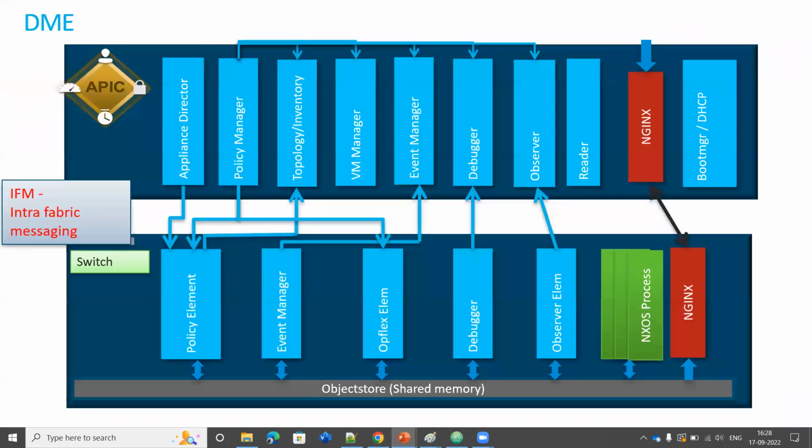Okay, and let's talk about how the leaf and Apic communicate. When you bring up the process for the first time, when you configure the Apic for the ACI policies, how does the Apic react and how does it interact with the leaf switches or spine switches? So the one below is the leaf architecture, and this is the Apic DME, the data management engine. Cisco ACI leaf switches manage the object storage in shared memory,